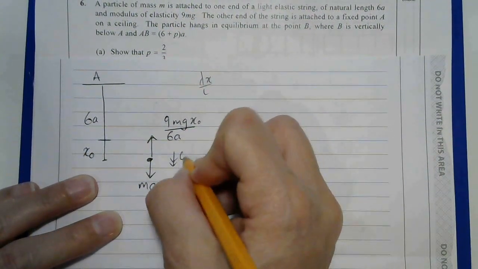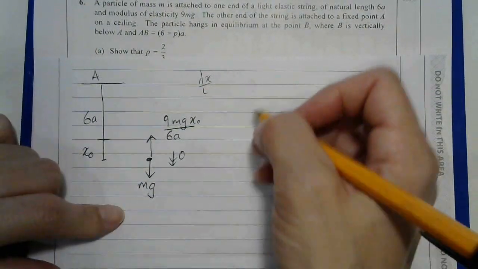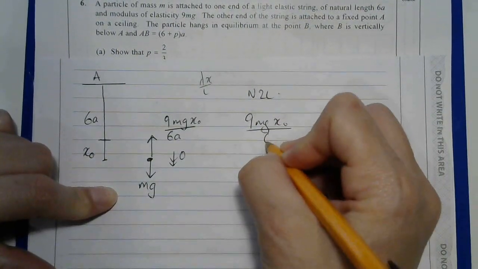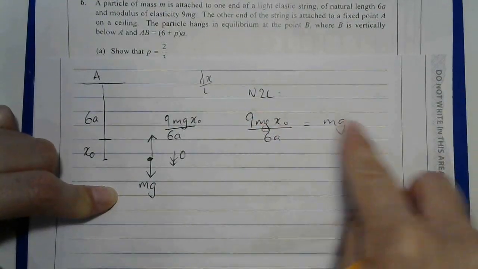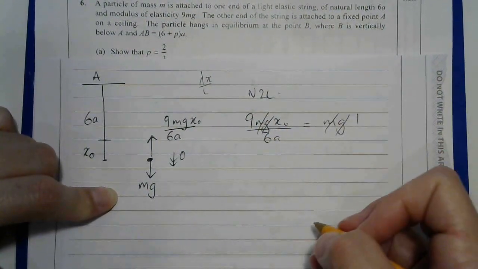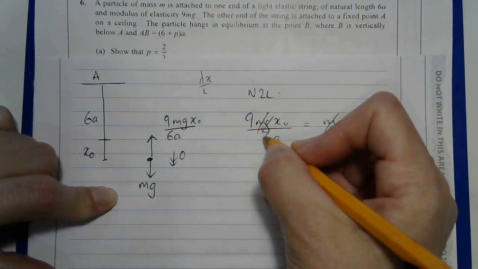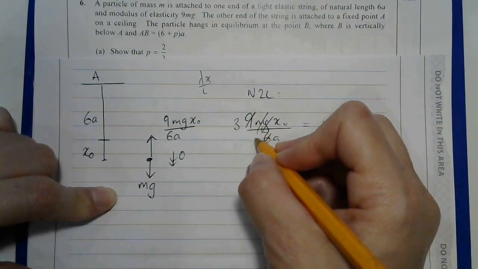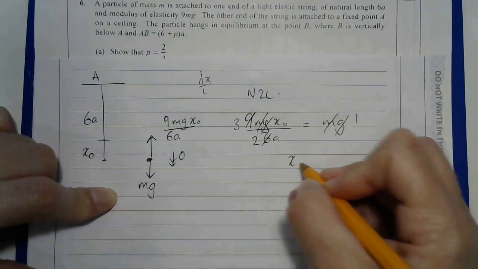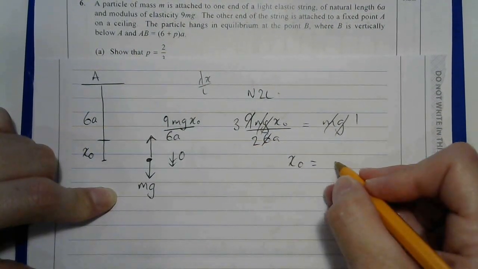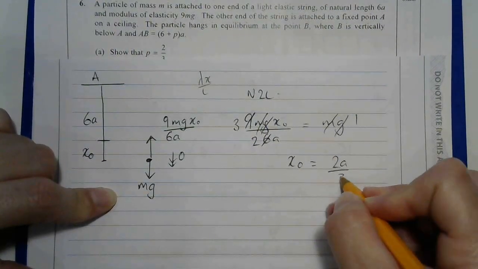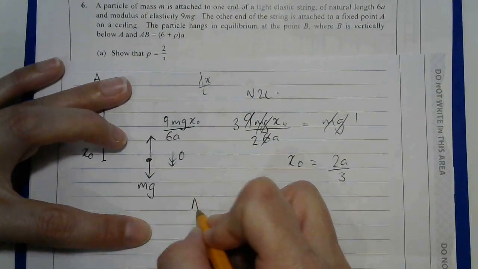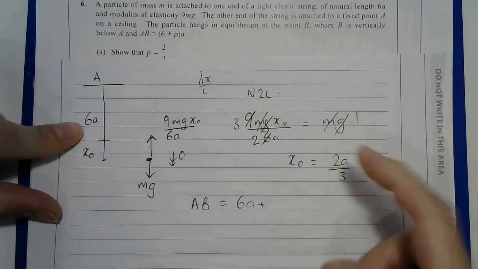And here there's no acceleration, so forces up will equal forces down using Newton's second law. So I have 9mg x0 over 6a equals mg. I've got mg on both sides, so I can divide both sides by that. There's a factor of 3 that goes into each of these: 3 goes into 9 3 times, 3 goes into 6 2 times. Now I rearrange this: I'll multiply both sides by 2a and divide both sides by 3, and I end up with x0 is 2/3 a. So AB is going to be 6a plus this,